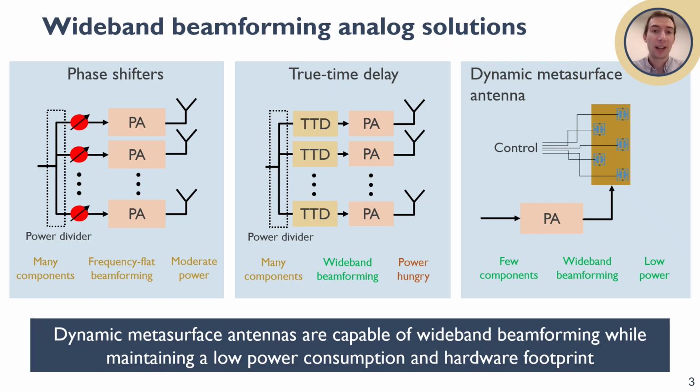So there are a couple of different analog architectures that we could use to do wideband beamforming. First, we could look at a phased array using phase shifters, as we see on the left. And phase shifters usually have frequency flat beamforming, and so for narrower bandwidths, this is maybe okay, but as we go to wider bandwidths, we would start to lose out on some of those frequency selective effects that we couldn't account for. There's also power consumption with phase shifters, lots of components, and insertion loss, and we want to be able to come up with a better solution than this if we were going to do beamforming with